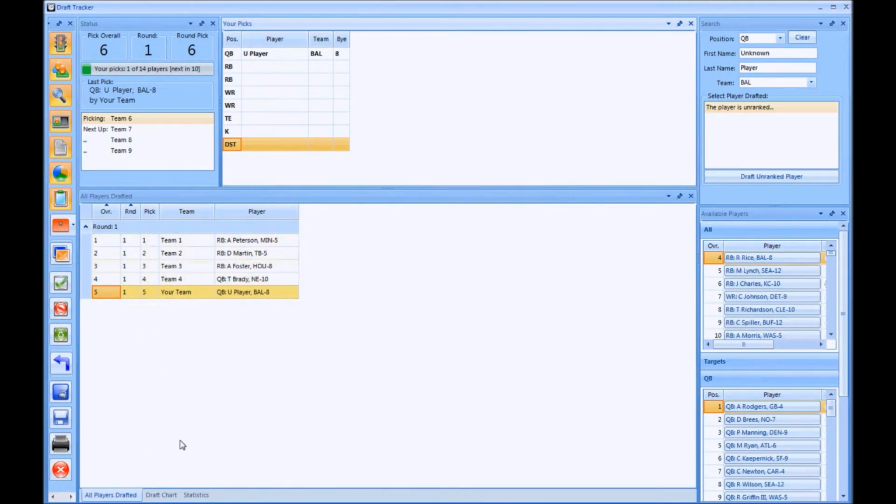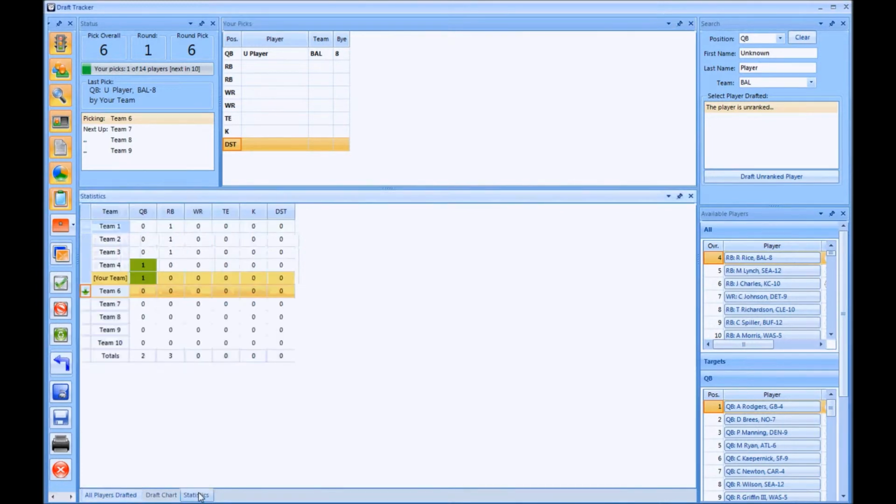Then there is the statistics screen, which by default will be a separate tab here at the bottom. This will show you which teams have drafted which positions. You can also mouse over to see specifically which players they drafted. And once a particular team has drafted all of their starters at a position, it will turn a highlighted green and bolded so that you can clearly see which teams have filled their starters,